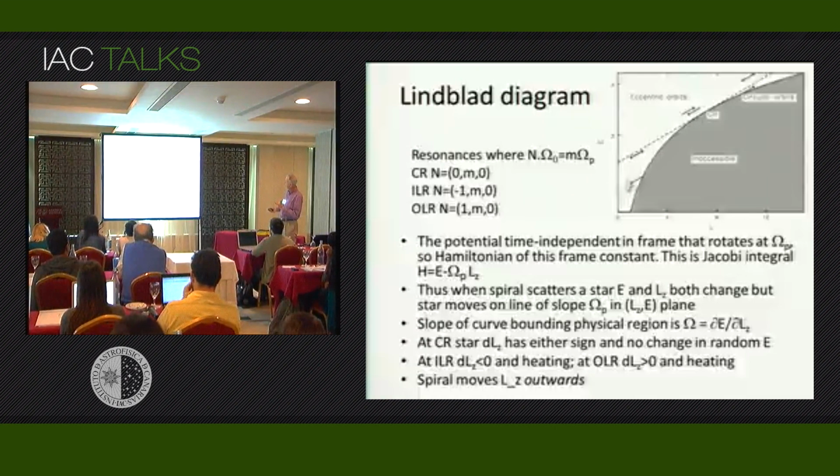So consider a star down here at the inner Lindblad resonance. This star has a frequency which can resonate with omega p. We'll talk about that in a moment. It must move along this line here. It can't move up here because there are no orbits up here to move down to. So therefore it moves down.